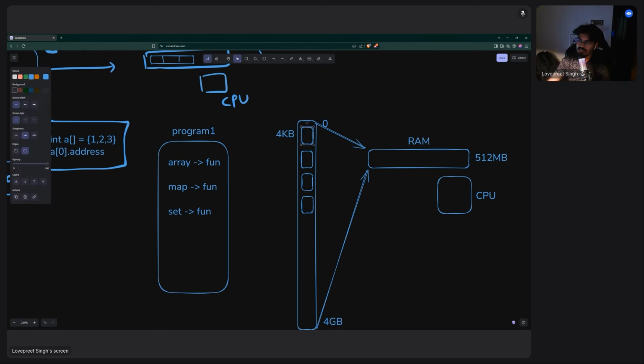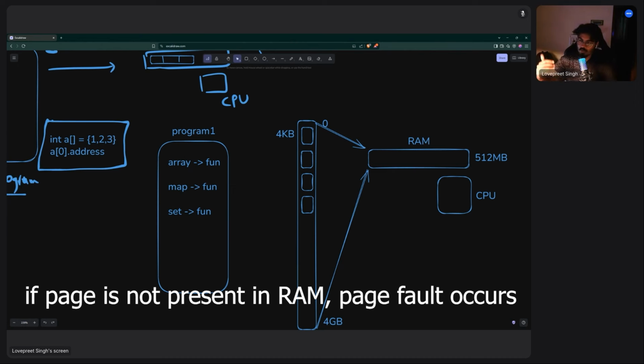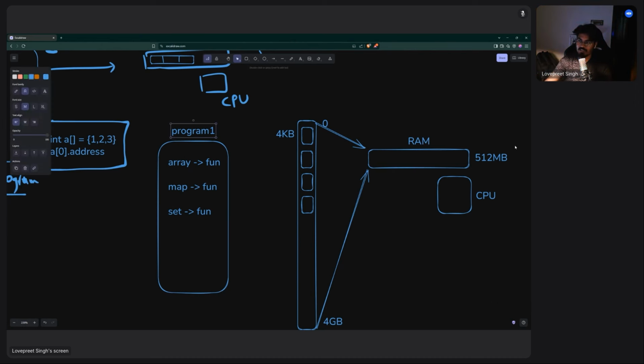I will check if this page is there or not in my RAM. If it is not there, then I will say, okay, this page you have to load. Then I will load this page. The whole idea is, when you don't need something, why load all of your program inside your RAM? Whenever you are using a program, if a certain part of it is not getting executed, why load all of your functionality? Why give memory to each and every block of your code when your other functions are not even running? So that is where a software construct comes in, which is, we will write a program,